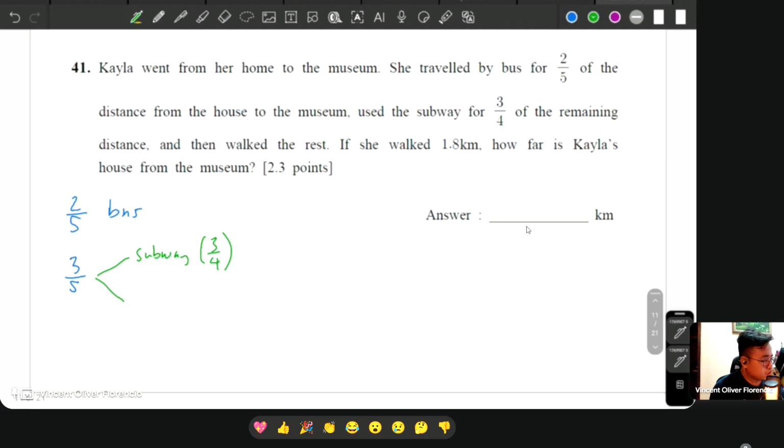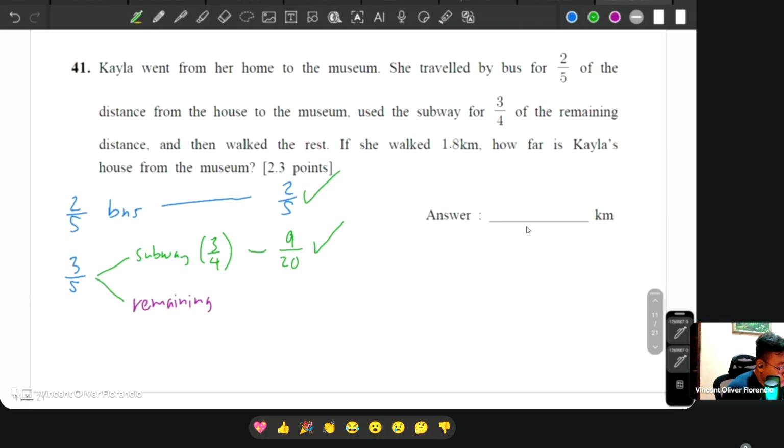Now, the other portion here is the remaining, right? Okay. Now, just analyzing this one, this portion here is going to be 3/5 times 3/4. That's going to be what? 9/20. Are we clear so far? This is, again, 2/5. So far, we're good. We're already able to cover 2/5 of the distance. And then, 9/20. Okay. So far, those are the two parts you're able to cover.